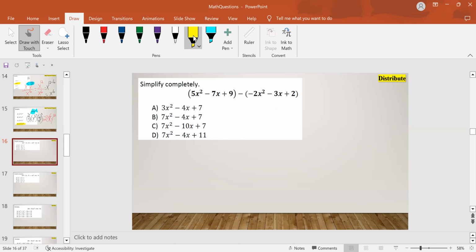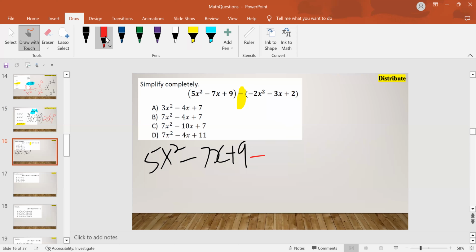So this is the distributive property. Okay, and for the distributive property, again, you have to understand that this negative sign we distribute. So we have 5x to the 2nd power minus 7x plus 9, plus, where did the plus come from? This negative sign we distribute to negative 2x. So we have plus 2x to the 2nd power